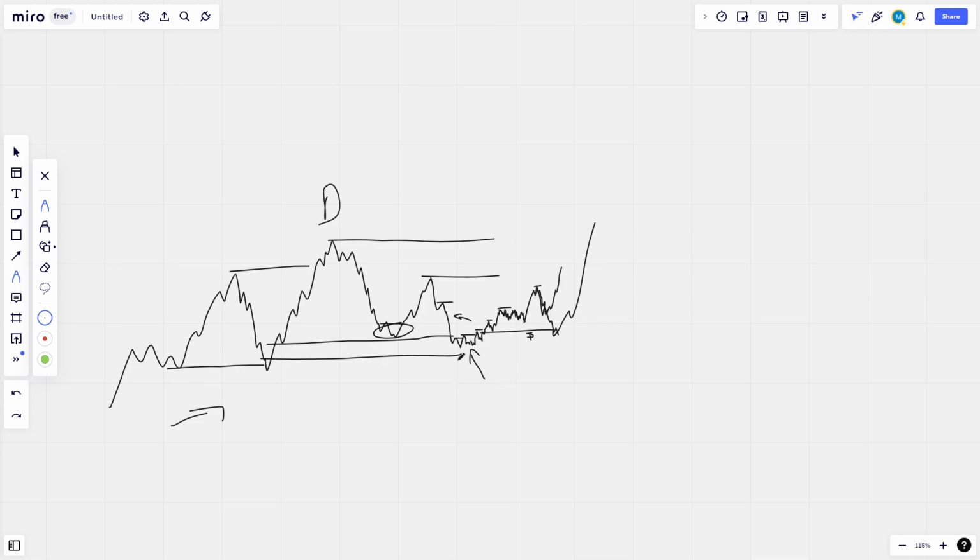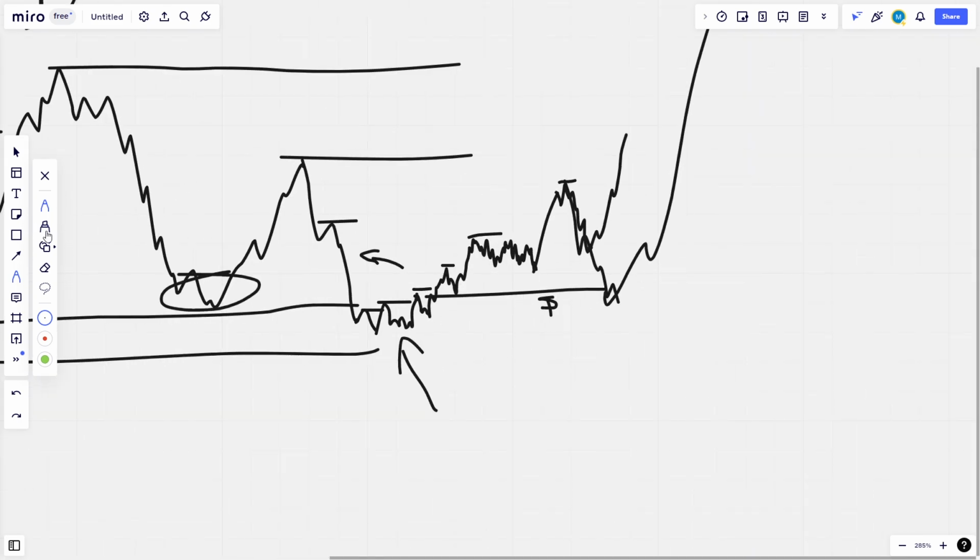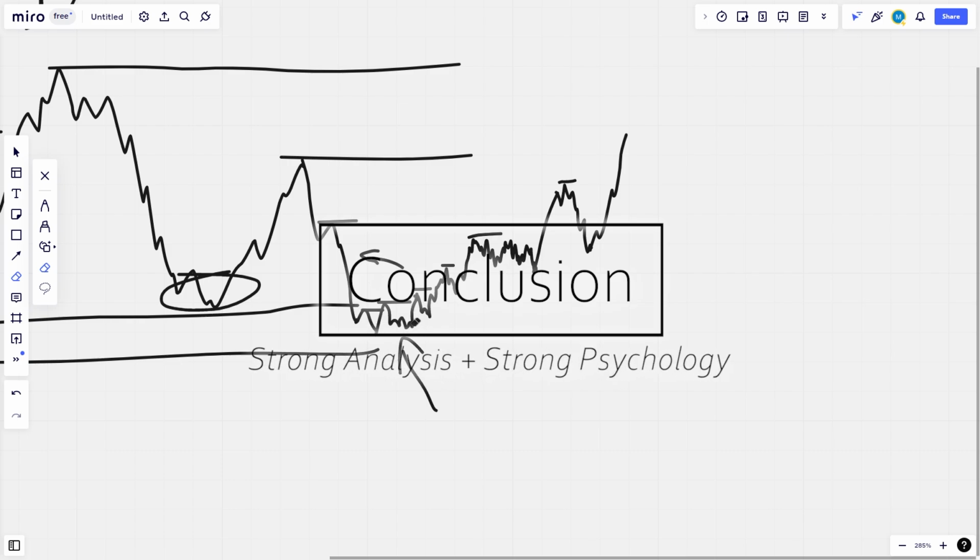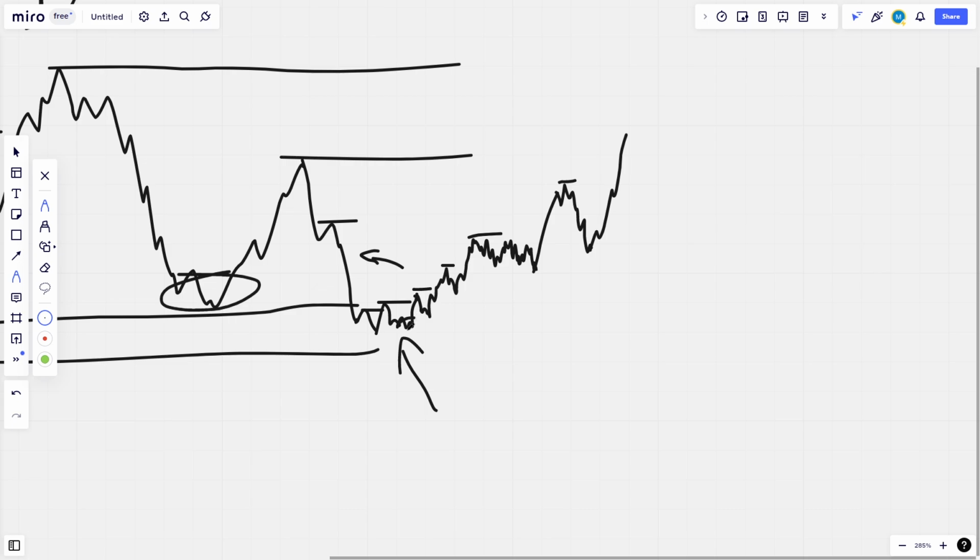I can't take this trade. Let's just say it like that. I cannot take this trade. I couldn't take this trade down in the bottom. Gonna say that so I don't get any commentaries. But if you manage to take the execution down here with the 5 steps as an example, whether it is on this tiny bit or just this entire structure, then you need the psychology to hold it all the way up there. You need to trust the strategy, trust the direction, and trust that your target is okay, right?